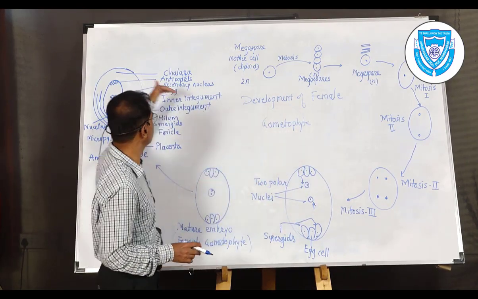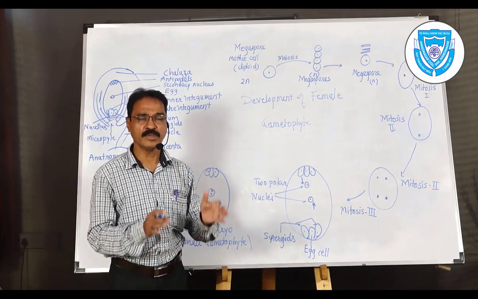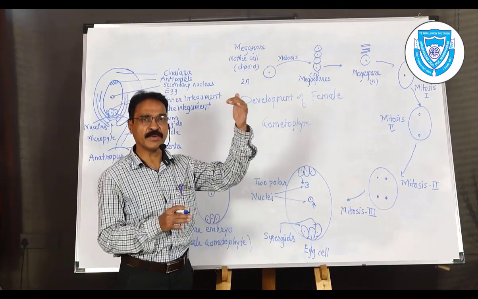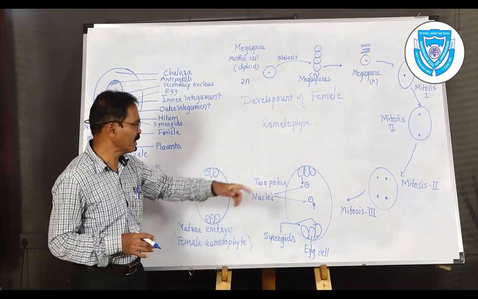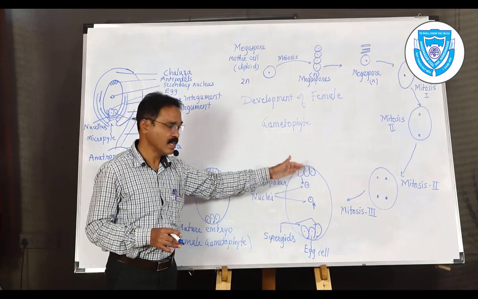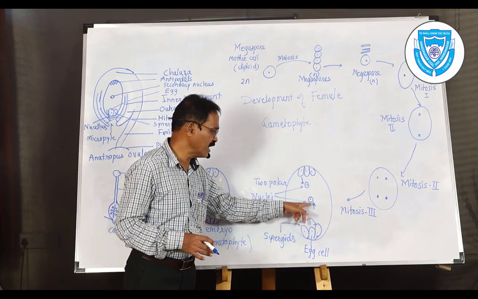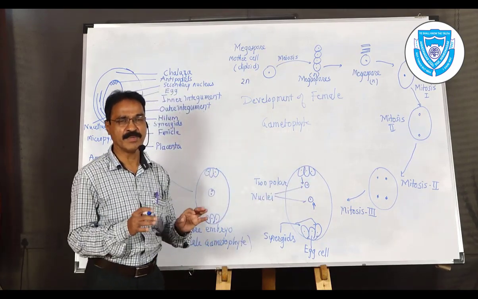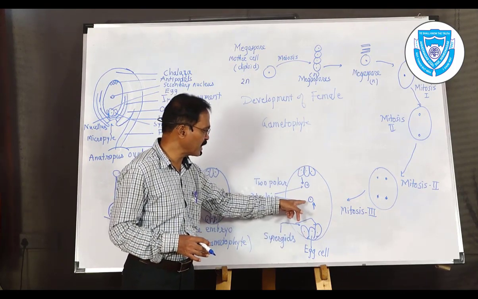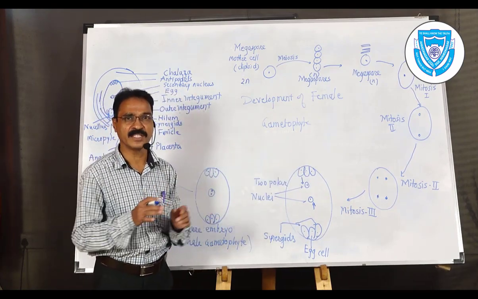4 cells towards the Chalazal end and 4 towards the micropylar end. Okay. Now, out of these 8 cells, and out of these 4 which are present at the Chalazal end, 1 cell migrates towards the center from the Chalazal end. Same thing simultaneously, 1 cell from the micropylar end again migrates toward the center. That means out of 4 cells, 1 migrates to the center. Out of 4, again 1 migrates to the center. So 3 are left at both the poles, micropylar as well as Chalazal.